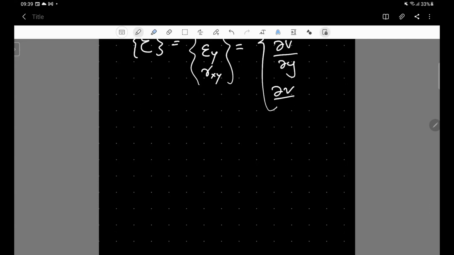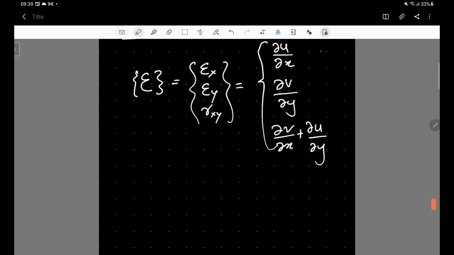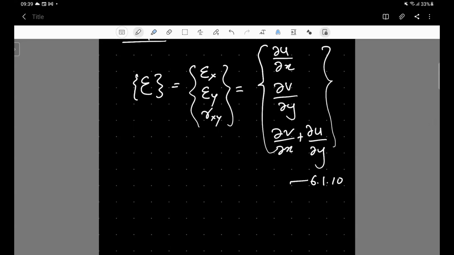You can go back and refer to this material visually. Just like in the previous session, where we derived the CST element, we will be using the derivatives of the displacement function with respect to X, Y, and the combination of these two will yield us the strains as well as the rotations when we think in terms of the LST element. So once we do the derivation, or if we look at equation 6.1.3,